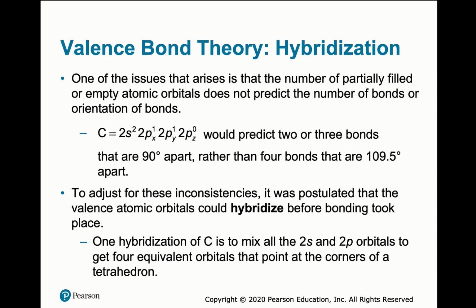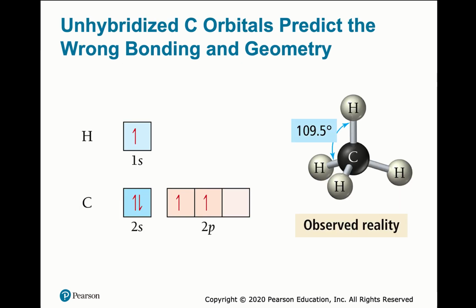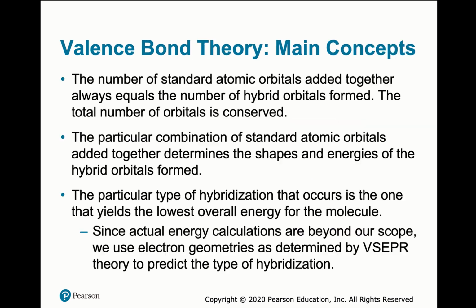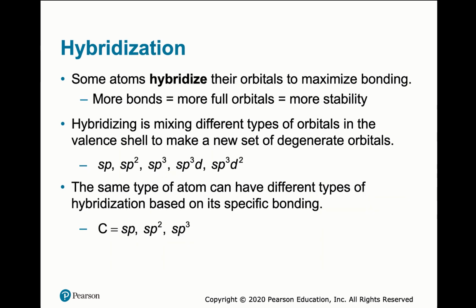But these can hybridize to form what we call sp3. So these are the atomic orbitals for hydrogen and carbon, respectively. But these instead are going to hybridize, like they're in a mix, and they're going to form sp3